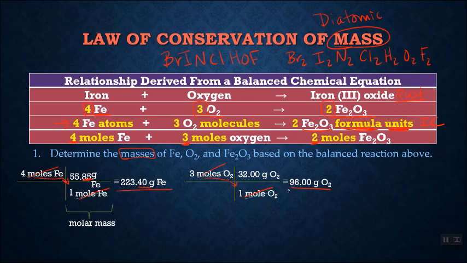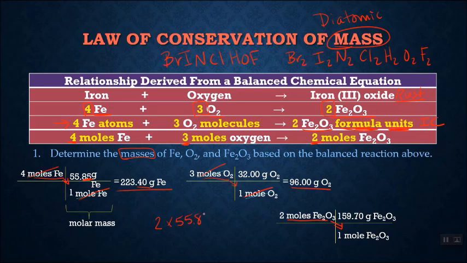So far we've calculated the masses of each of the reactants here. Now we're going to look at the mass of the product, the iron 3 oxide. Setting it up in such a similar fashion where we put the moles, we're going to diagonal them down here to cancel out the moles. I'm going to put the molar mass of the iron 3 oxide on the top. Now remember, for molar masses here, if we have 2 irons at 55.85, and then we have 3 oxygens at 16, all you have to do is multiply those. Here's the iron, here's the oxygen. Multiply those, add them up,